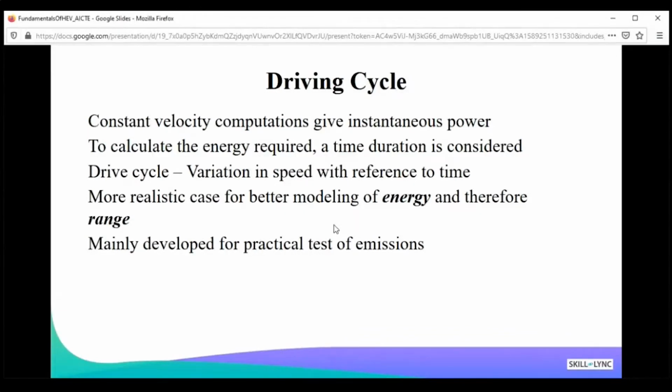So the emission standards were required to be followed, and in order to have standardization, when I test the emission at my end and you test the emission at your side, it should not be anything different. It should match the same standard. So this driving cycle acts as an industry standard for testing emissions and mileage of the vehicle. When you go to the market and ask what the mileage of this car is, they declare it along with a star, right?